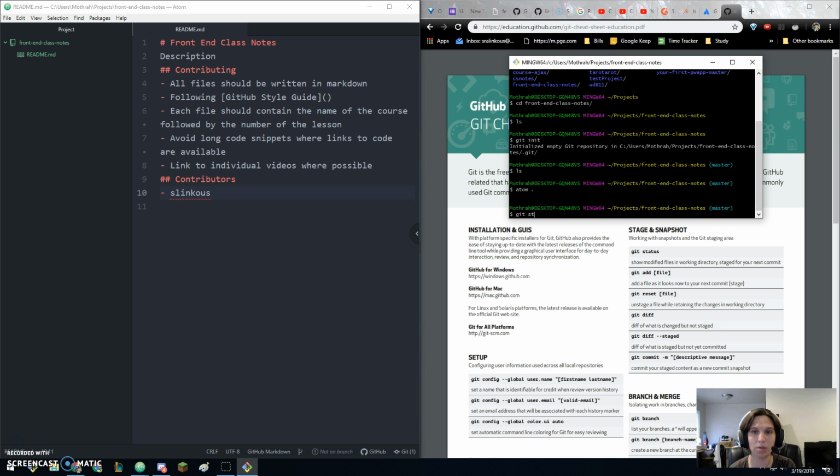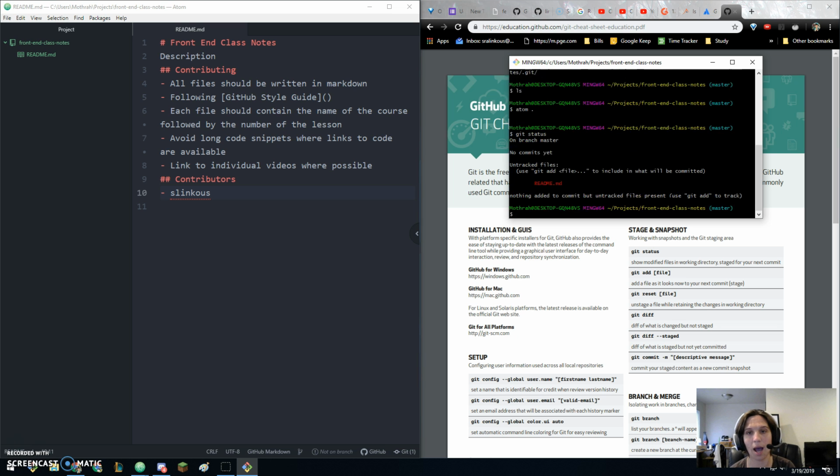And first thing we're going to do is git status. I always do git status for every commit all the time. It's important to know what you're doing and seeing the state of things. So here I see that I have no commits. We haven't done one yet. And we have one untracked file, which is the README. And it's in red because it's untracked. So if I want to add it